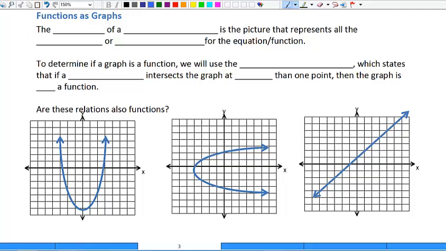Next, we'll talk about functions as graphs. The graph of a function is the picture that represents all of the solutions or ordered pairs for the equation or the function. So to determine if a graph is a function, we will use the vertical line test,